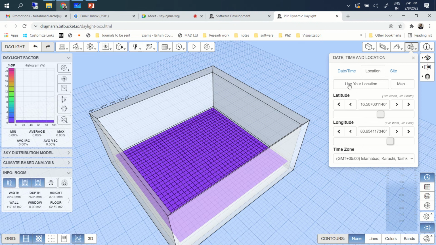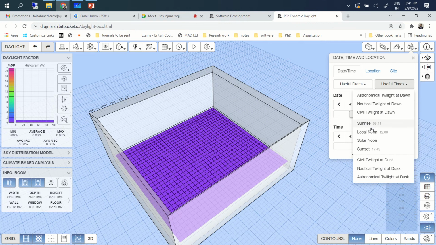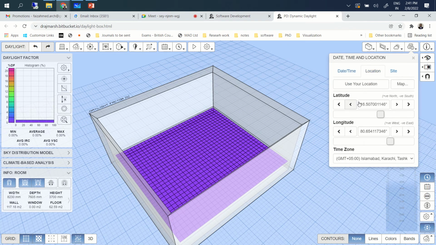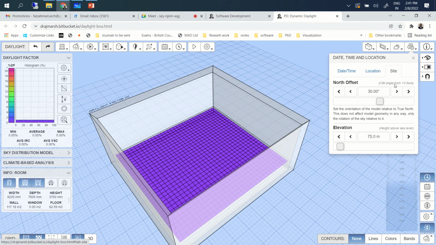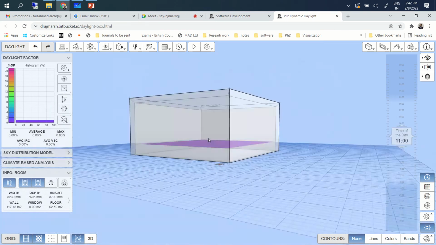And we do have options for assessing specific dates. For example, let's say summer solstice, winter solstice, equinox, or if you want a specific time, you can do that. Lat long I showed you, and of course north you can check, and if you know the specific elevation of the city, you can mention that as well, so that the results are as accurate as possible. Okay, so that's the basic thing. Now let's